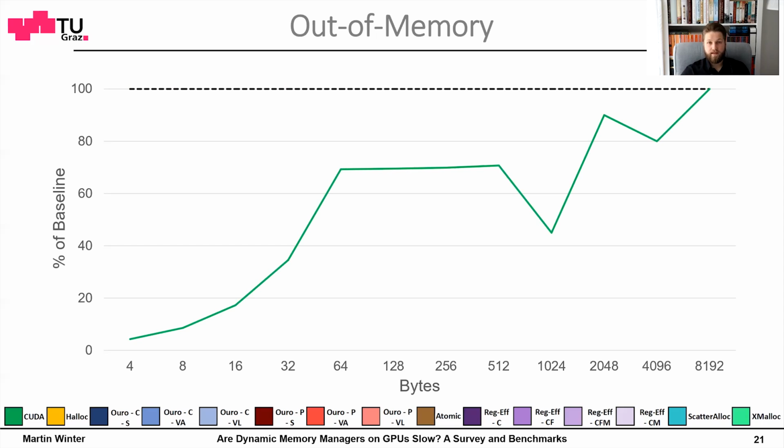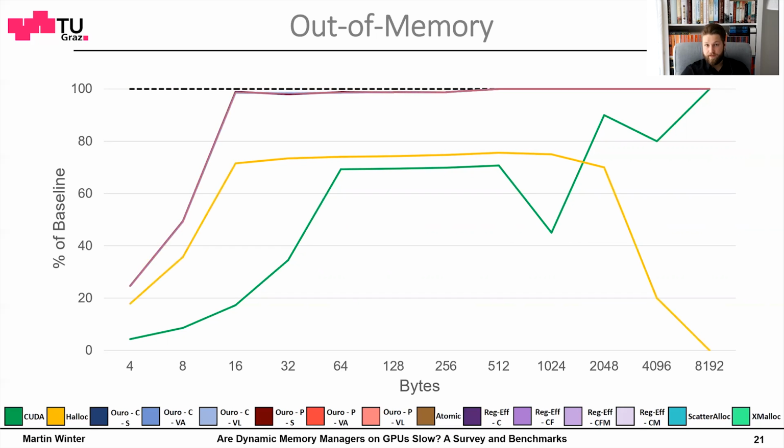CUDA is an outlier in this test case, as it was the only one to be always stopped by the 1-hour timeout, but it showed that it slowed down by orders of magnitude over time, from milliseconds for the first rounds to tens of seconds for rounds later on. HALOCK performs better, and here once again the split is quite noticeable between 2 KB and 4 KB, where the handoff to CUDA occurs. All variants of Oroboros perform very similar, with the virtualized variants being slightly more efficient, staying